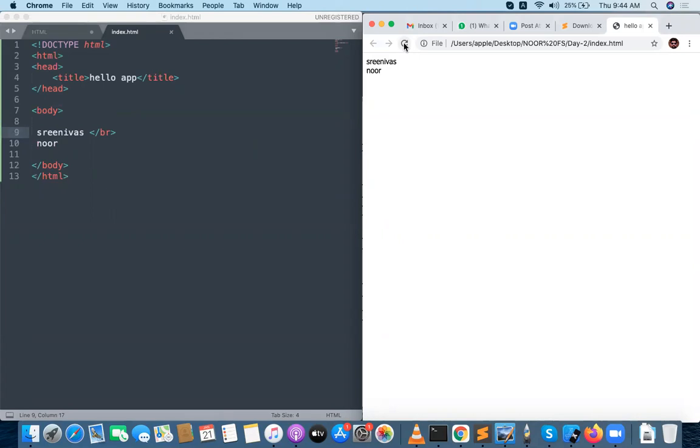See, something like this. You can see that. So this is a simple instruction. The browser can understand that the BR tag is going to break your lines. The BR tag is actually breaking the lines.